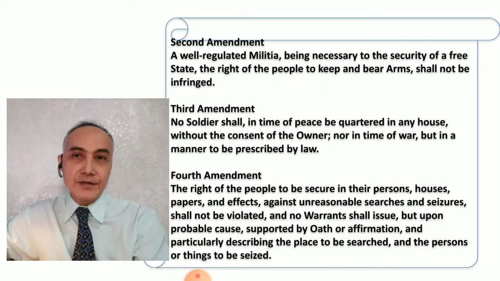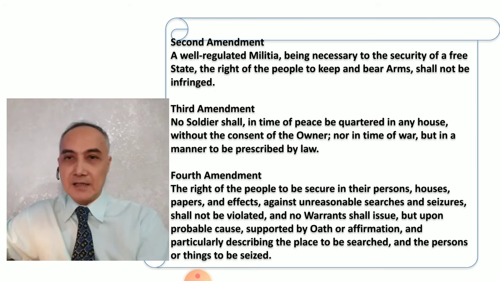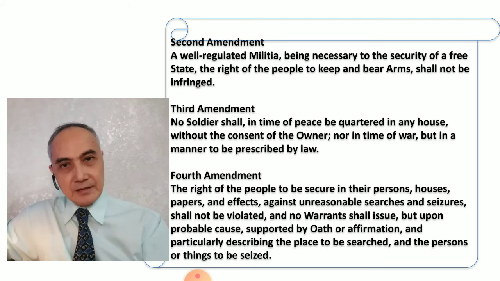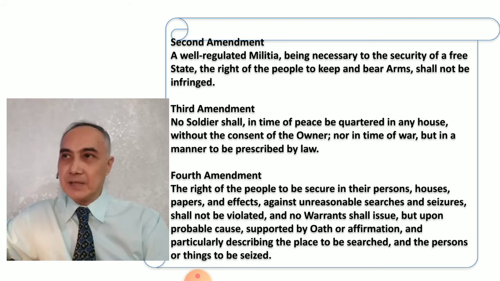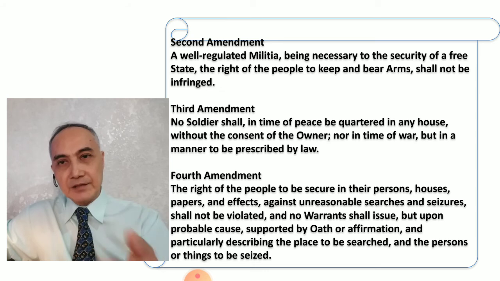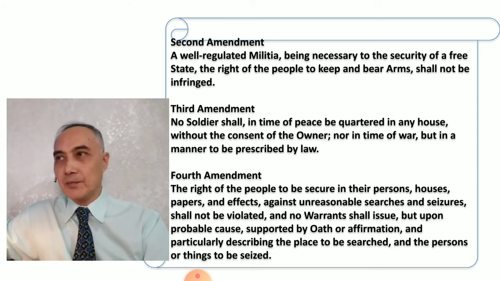The second, third, and fourth amendments. Okay, I'm sorry if the text in this slide is small. The next slide actually will show even smaller text, but you have to read the full amendments yourselves. No? But in any case, the second, third, and fourth amendments are implicitly directed at all branches of